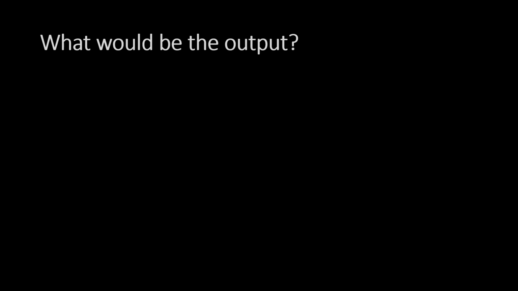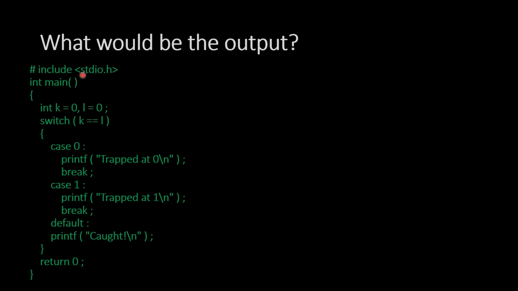What would be the output? #include <stdio.h> int main() { int k = 0, l = 0; switch (k == l) { case 0: ... case 1: ... default: ... } return 0; }